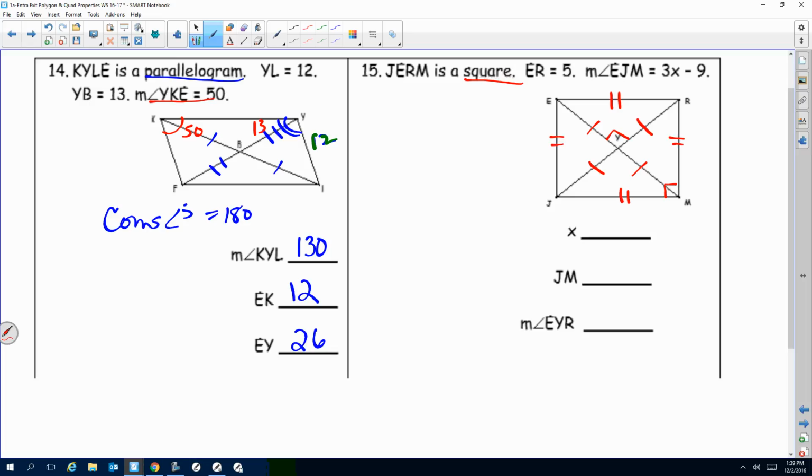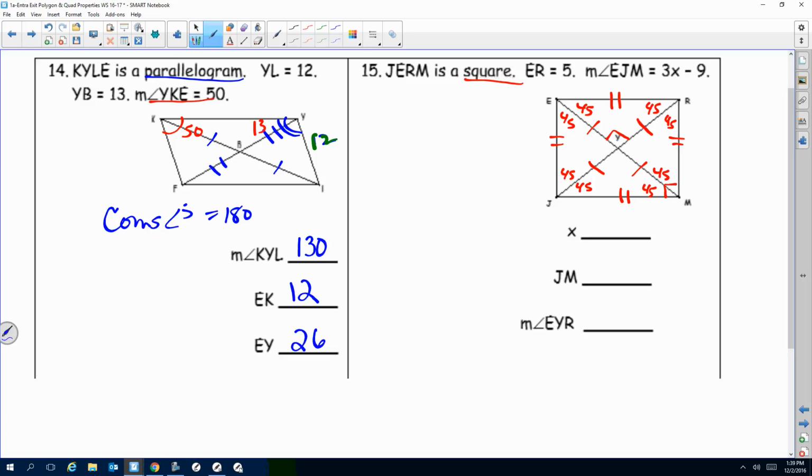What happens to these angles in here? What's every angle we see? 45. All right, make sure you use that. Help you problem solve. The diagonals bisect opposite angles. All right, so